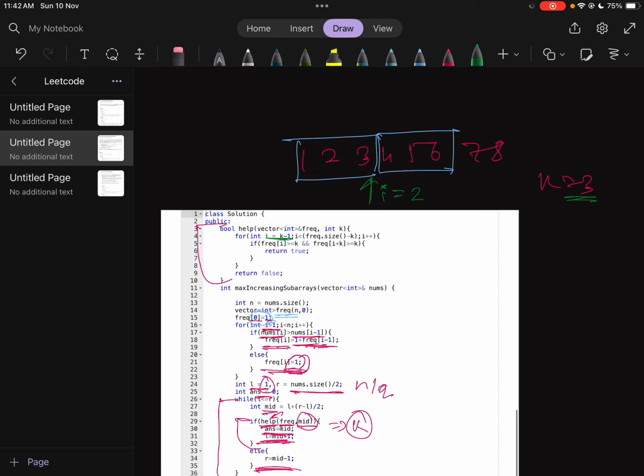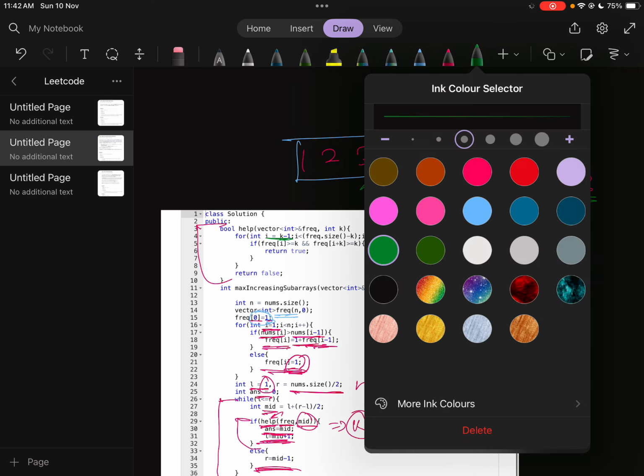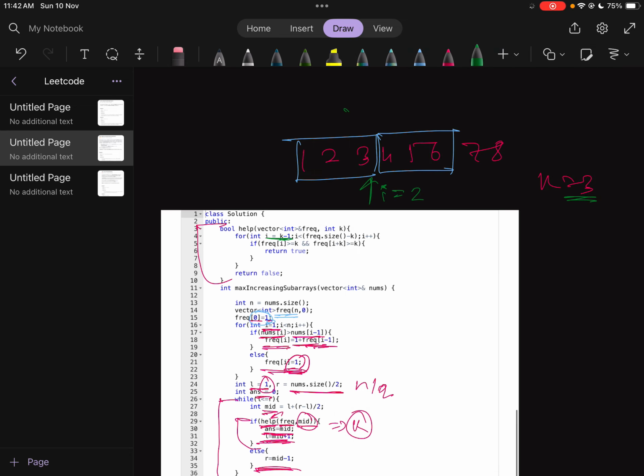Why? What is the rightmost subarray that can be of length 3? This is the rightmost. Then i will be this index. Total n here is 8. 8 minus 3 means what?